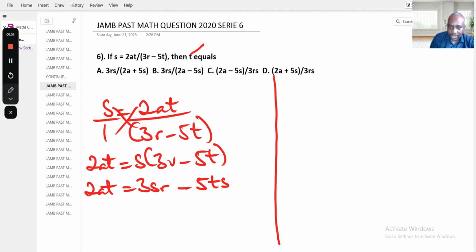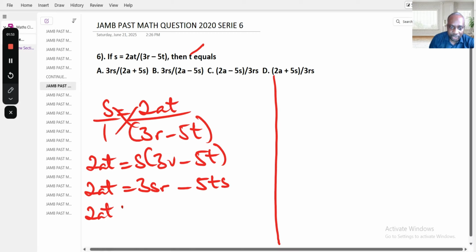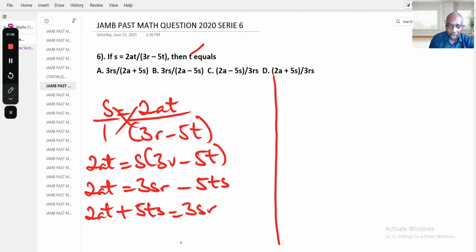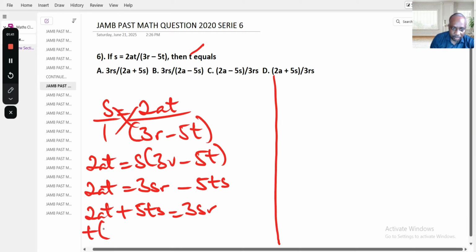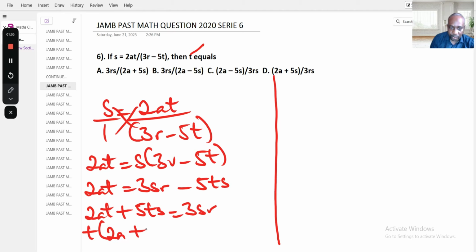Now this one has t and this one has t. Let's collect like terms. 280, by this we have minus 5tx. By the time it jumps, it will change the sign to plus 5tx, equals 3xr. Now let's factorize for the t. What remains from that is 280, 2a plus what is going to remain if you remove the t? It's going to remain 5x, equals